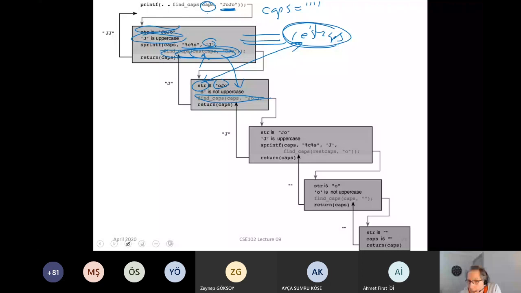Still, in this case caps, and if I do this enough number of times, I'm going to hit J here. Therefore, I'm going to do another rest caps definition here. So this one will have its own rest caps, and it will call the next function with rest caps. Here, then, caps will be pointing to rest caps defined in this block, not in this block or in the caller's block. So whoever called this function is going to have a caps definition that has changed, local caps